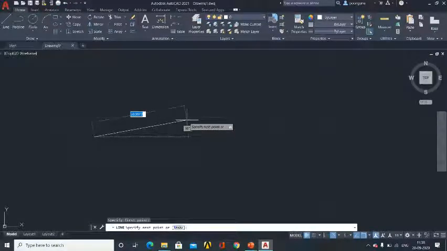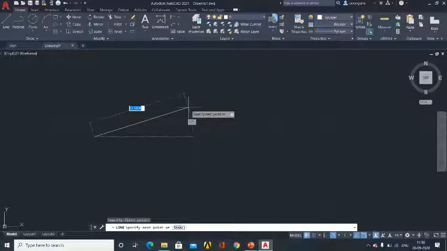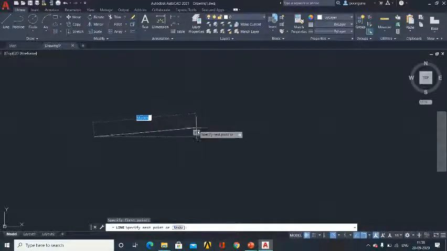If you want a line at a certain angle, you can keep it at that angle and specify the distance. Here I need a horizontal line, so it is showing 0 degrees. Keep the cursor at the respective angle and just type. You can see here the length 100 mm is being typed.